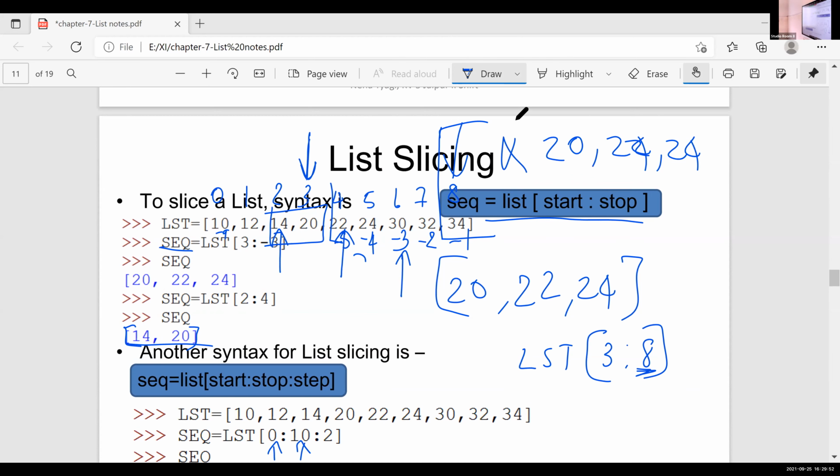That means after 2, which is the next value? Aparna? After 0, which is the next value? We are starting from 0. After 0, 0 means 10. After that? 14. It is 14 because we are jumping from the 0th index value to 14, because the incrementation value is 2.